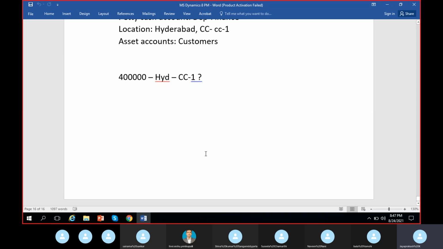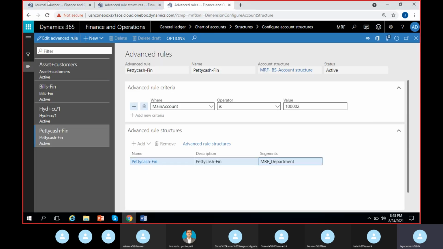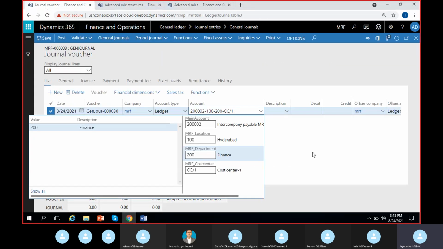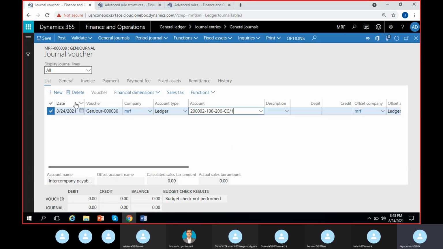Understanding the different inquiries and reports and how to track the data is really important as a functional consultant. So tomorrow we will discuss inquiries and reports. We have quite a few important inquiries and reports in our